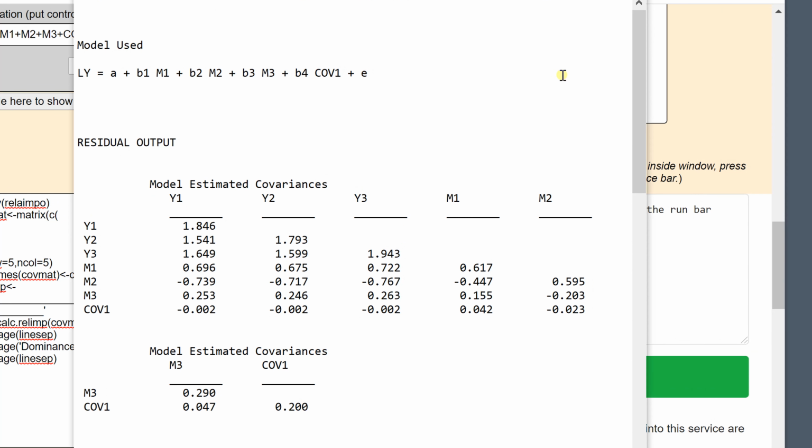On the M+ output, there's a section called residual output, and you will see the section called model estimated covariances. These are the predicted covariances among the variables in the model, and you don't want to use this matrix, okay? The reason you don't want to use it is because it doesn't have the latent y variable in it. This is the estimated covariances among all the observed variables, so it has the three